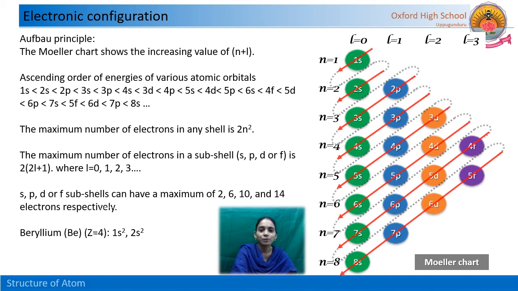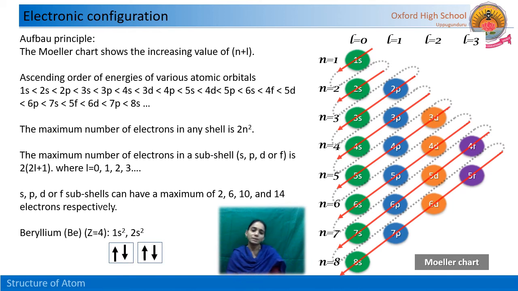After filling the 1s, the s orbital is completely filled with 2 electrons and we have to move to the 2s. So 2s, and what is the maximum number of electrons in the s orbital? It is 2. So 2s2. So a total of 4 electrons are filled, in 1s2 and then 2s2.